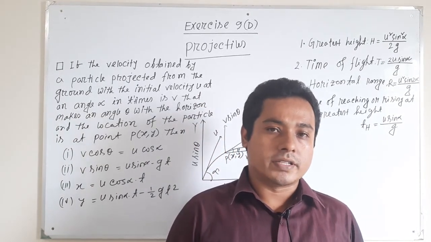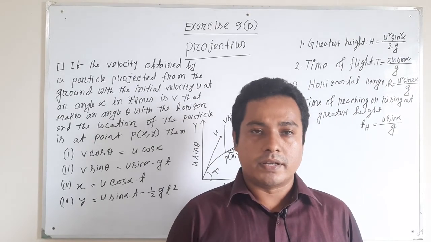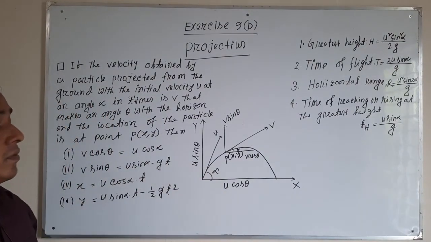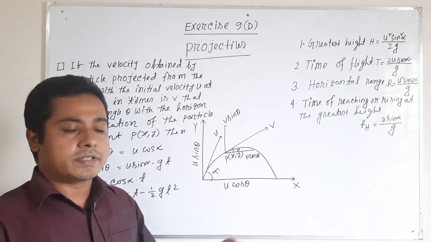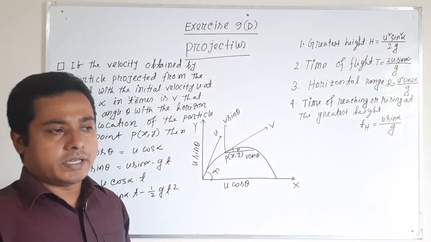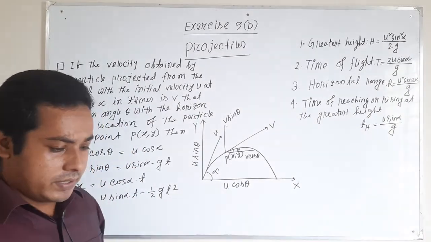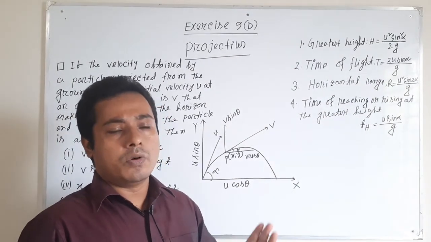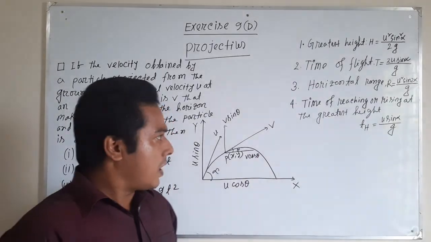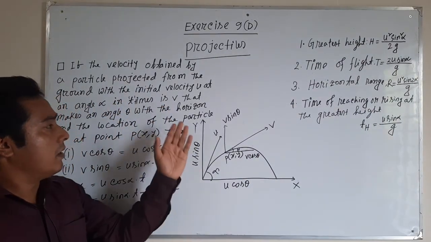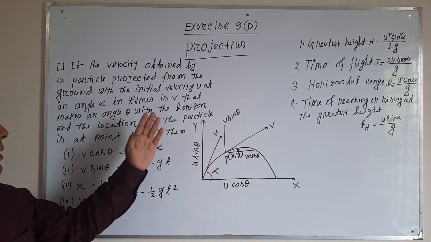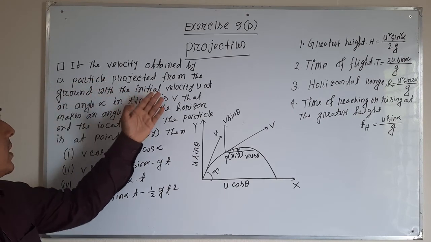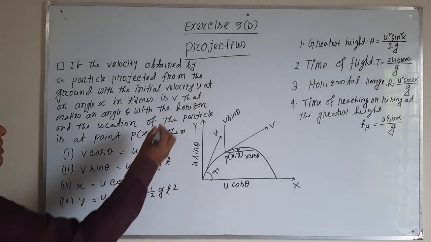Today we want to discuss the new exercise of this chapter, 9D. In the previous one, 9B, we already discussed a particle moving along a straight line. In chapter 3, we discussed a particle moving in an upward direction. Now we want to discuss a particle projected from the ground with initial velocity u,